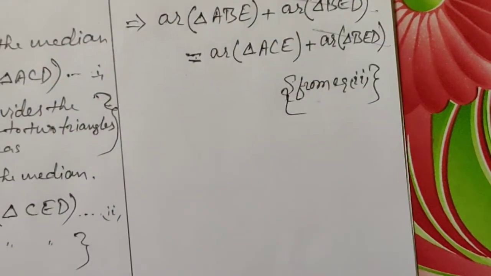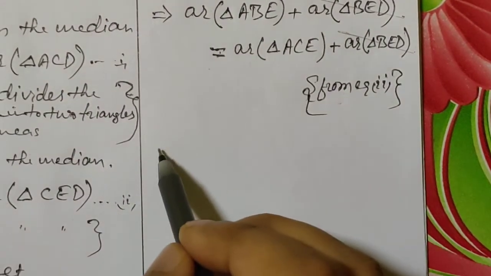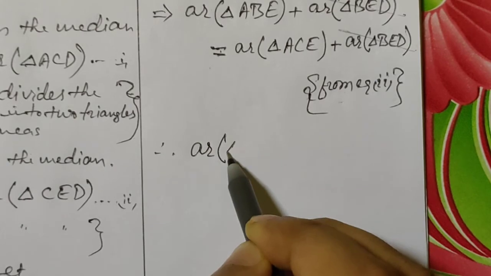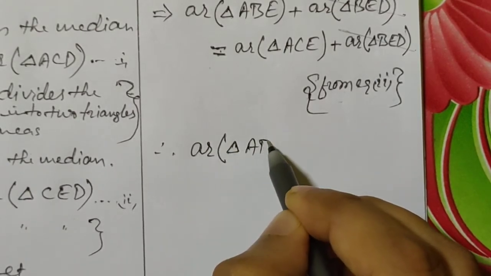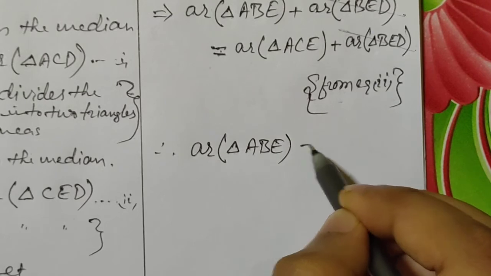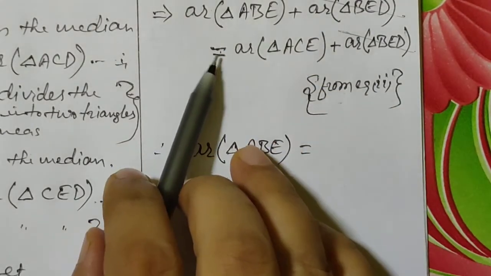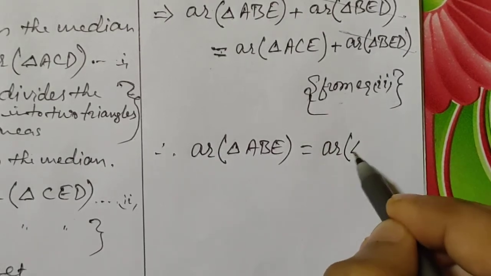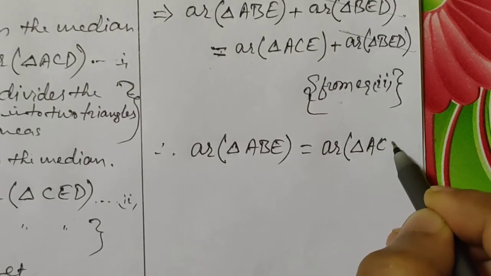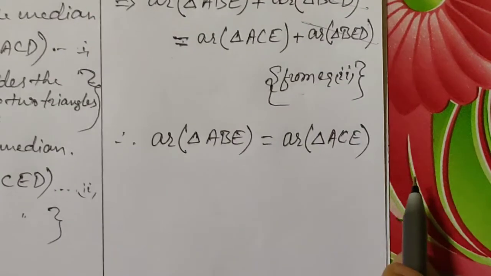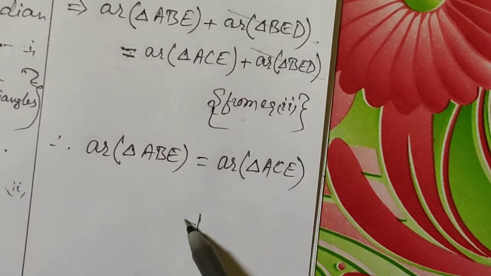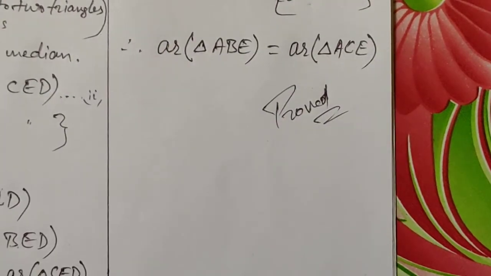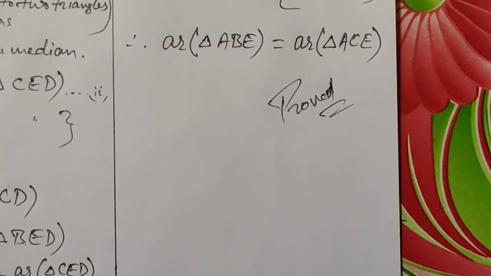Okay, a slight cut I had shown, and now we can get our result easily. So what we had got is: area of triangle ABE is equal to, only these two things will be left, and in between there is a sign of equal to. So we'll leave it as it is: area of triangle ACE. So I think this is our required result, and we have easily proved it. So we have done our proof. Yeah, so let us move on to the discussion of the next question now.